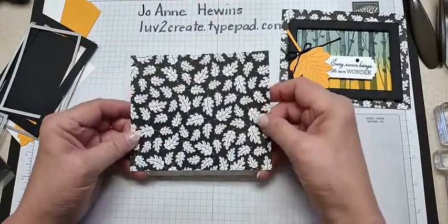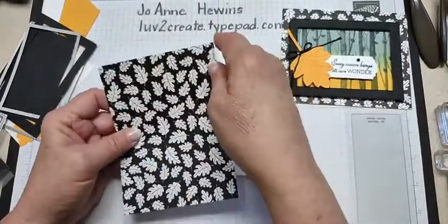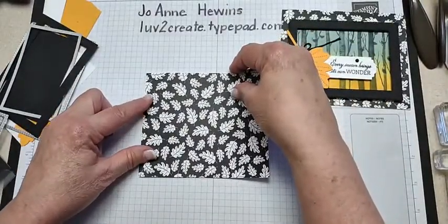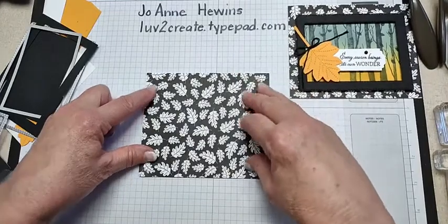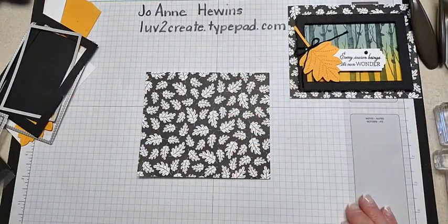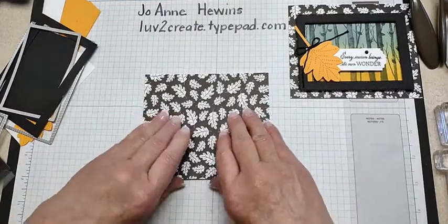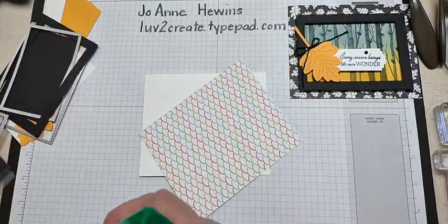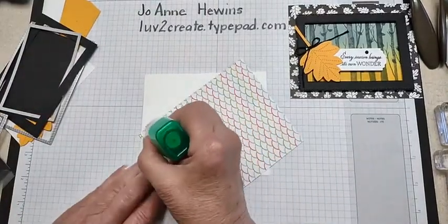card. Now this paper is cut at 4 1/4 by 5 1/2, and well, actually it's a little bit bigger, I see, but I usually like to do it a tad bigger, and then I just go back and trim, and that way I'm sure it covers everything. So let me get my glue,